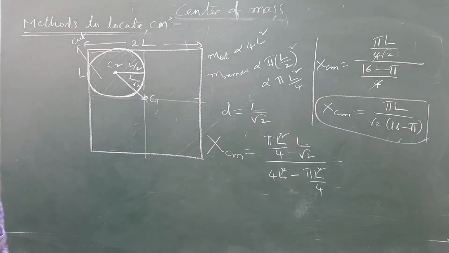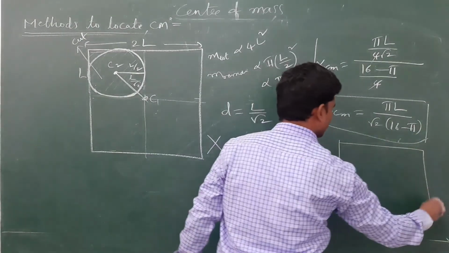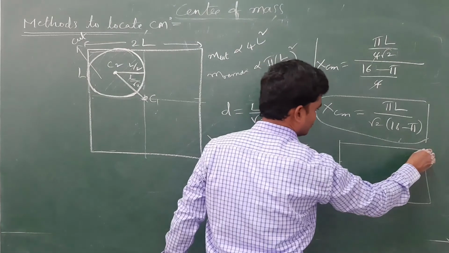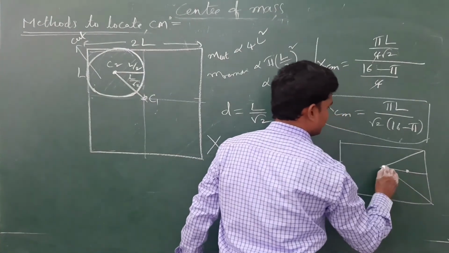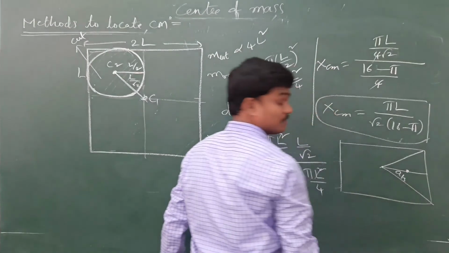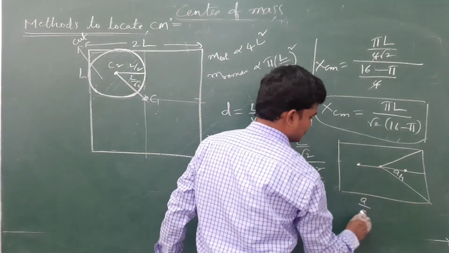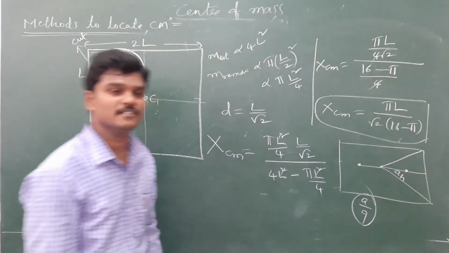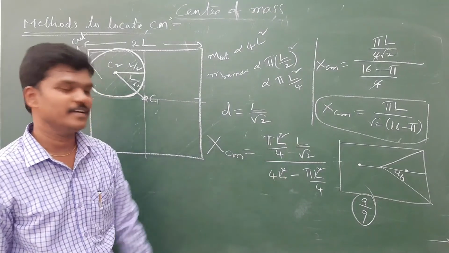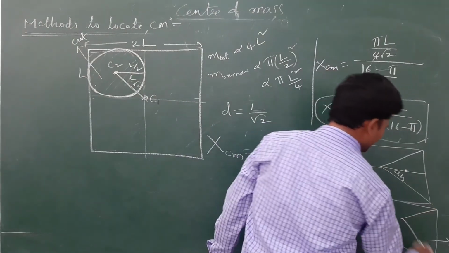Now see, if they have cut like this from a rectangular plate, a triangular portion is cut like this, such that the gap between them is A by 3 given. Some triangular portion is cut. In this case the shift in center of mass, you will get A by 9, because 1/3 is cut. If 1/3 is cut, 1 minus 1 by 3, you will get A by 9. From a square plate, if 1/3 is cut, again you will get the same answers.